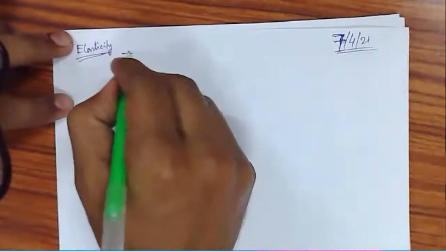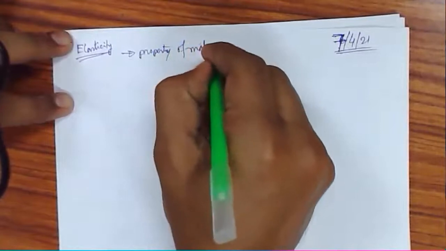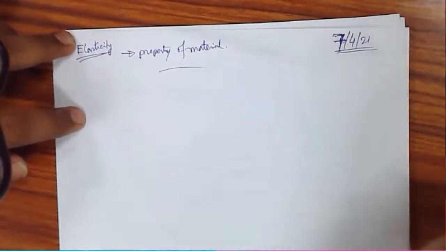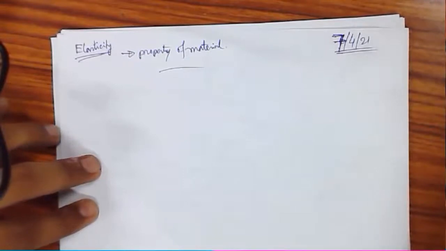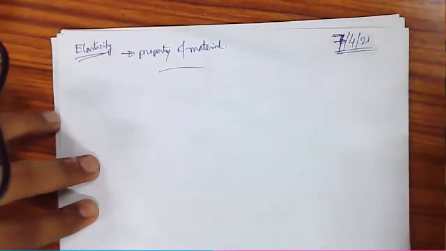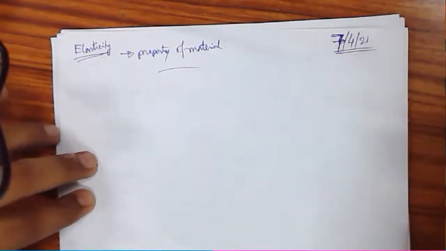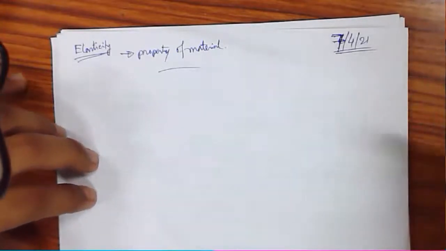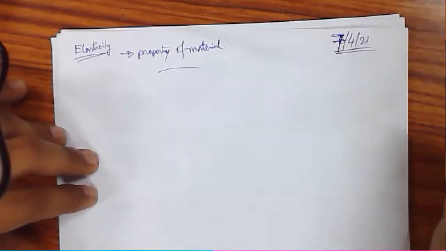Today is 7th April. So, elasticity is a property of material. Not a property of the object, it is a property of the material. So different objects having the same material will have the same property, the same elasticity. Now, what is elasticity then? If there is any object and we are applying some force or load, any type of load or force on it,